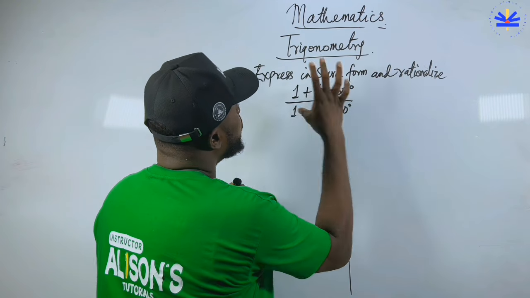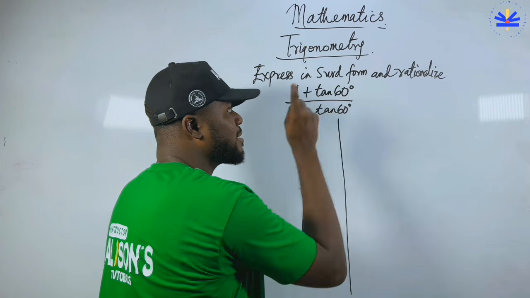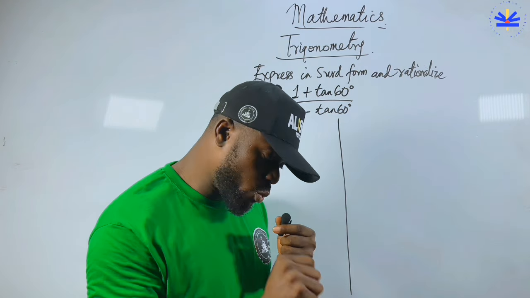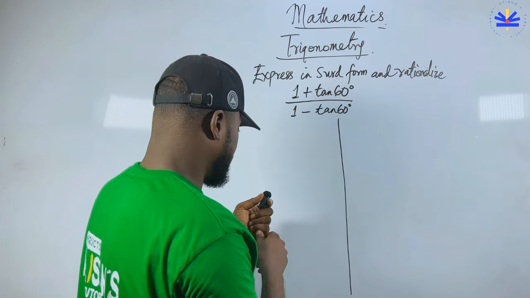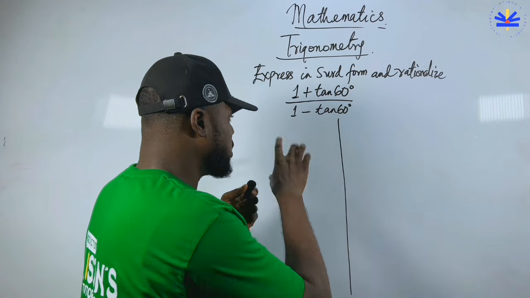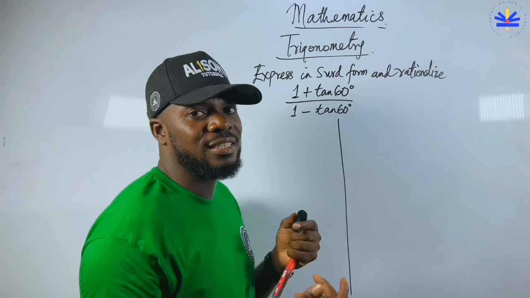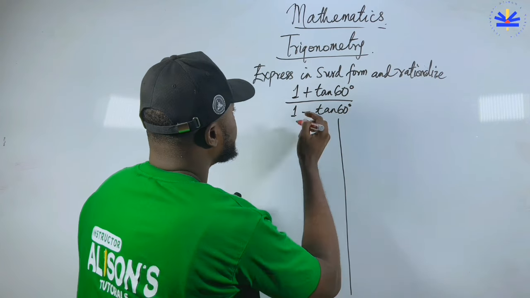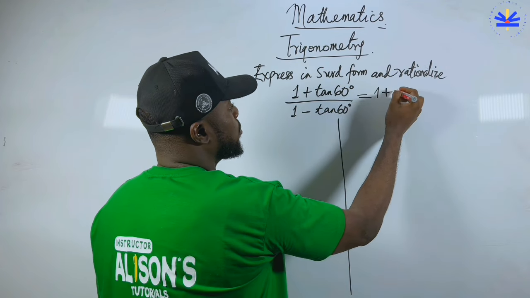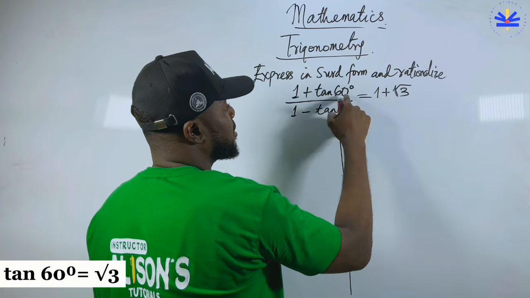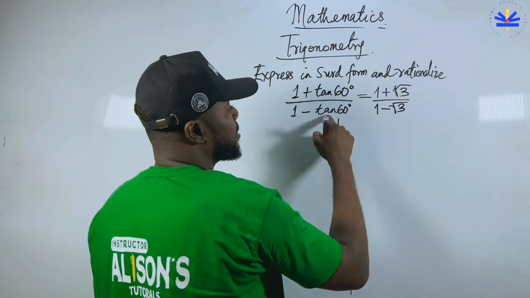All right, so how will we express this in short form? Now I want to teach. First, what is tan 60 degrees in short form? Short form means something with roots, square roots. You must know this basic knowledge if you want to find tan 60, cos 60, sin 60, even 30 degrees and all of those things. Normally, it will be 1 plus square root of 3, because tan 60 is square root of 3, and 1 minus square root of 3, because tan 60 is square root of 3.